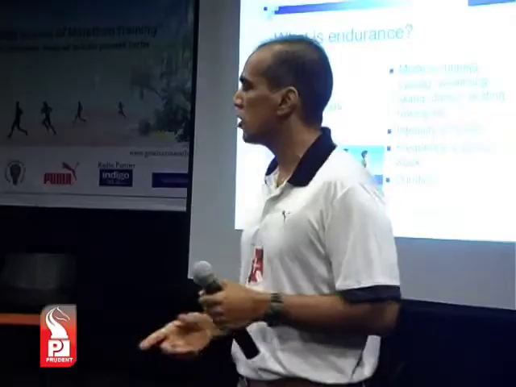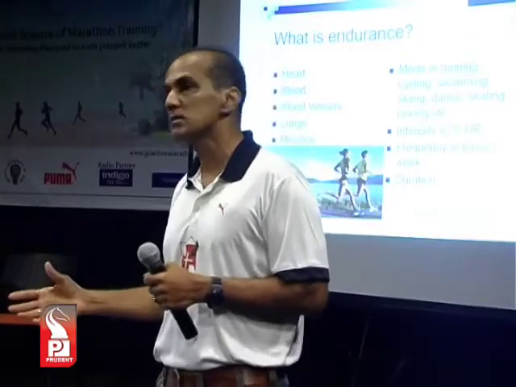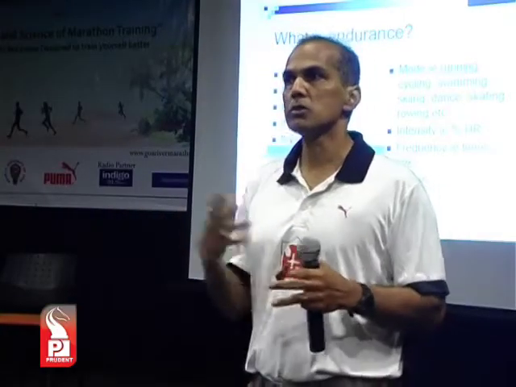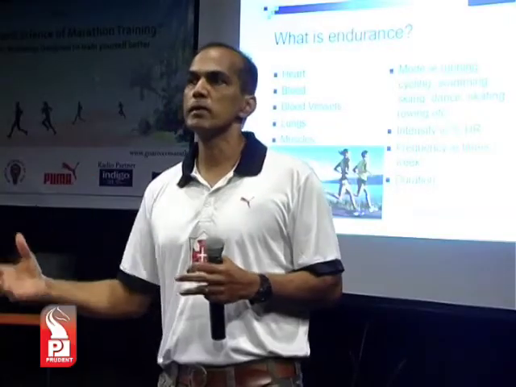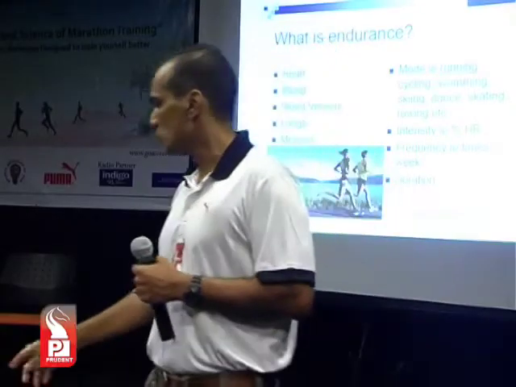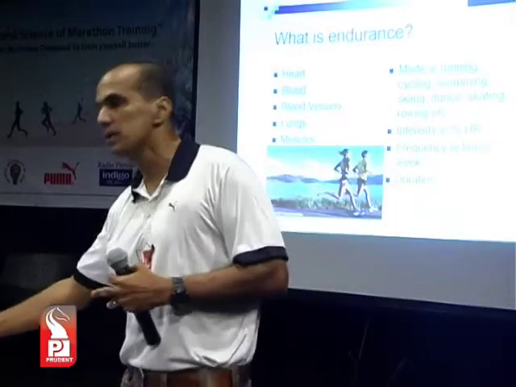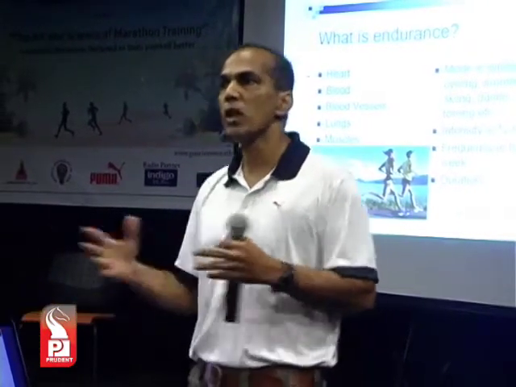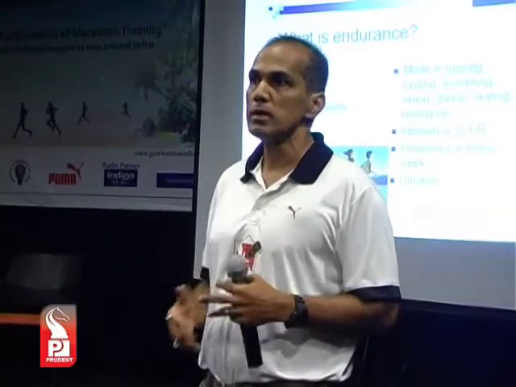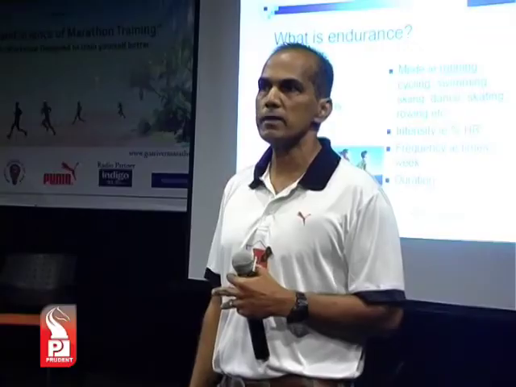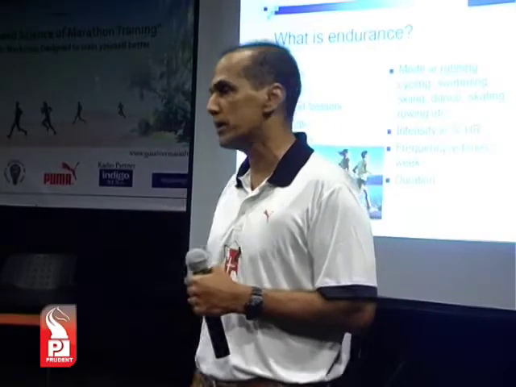Endurance is the ability of the heart, the blood vessels, the lungs and the muscles to work in a coordinated manner to deliver oxygen to your working muscles and to take away the metabolic waste which comes as a result of this energy, right? So how do you build endurance? You build the entire chain. Your heart, your blood vessels, your lungs and your muscles all have to be trained. It's not just your heart, like I spoke about earlier. Stroke volume is not the only thing that needs to go up in endurance training. A lot of things happen in the entire chain of your physiology which allows you to become a good endurance runner.